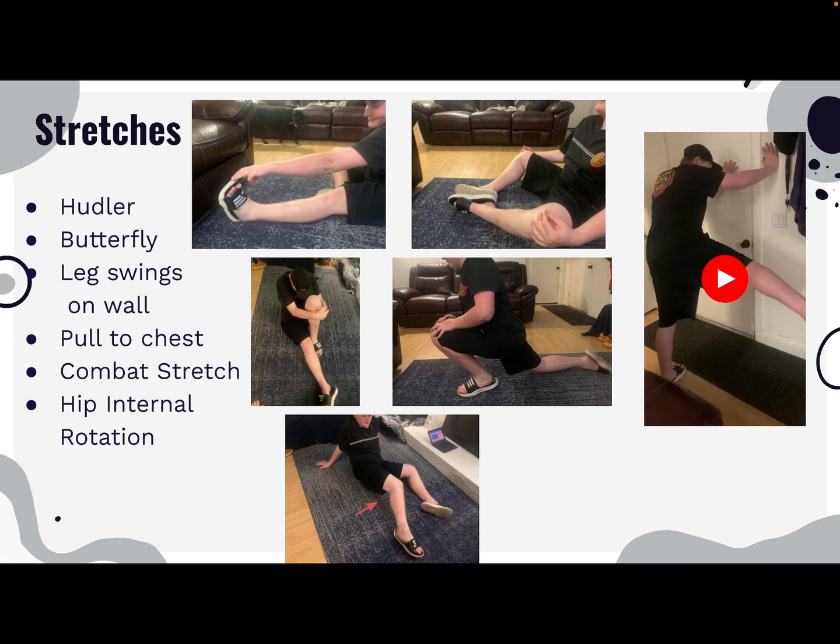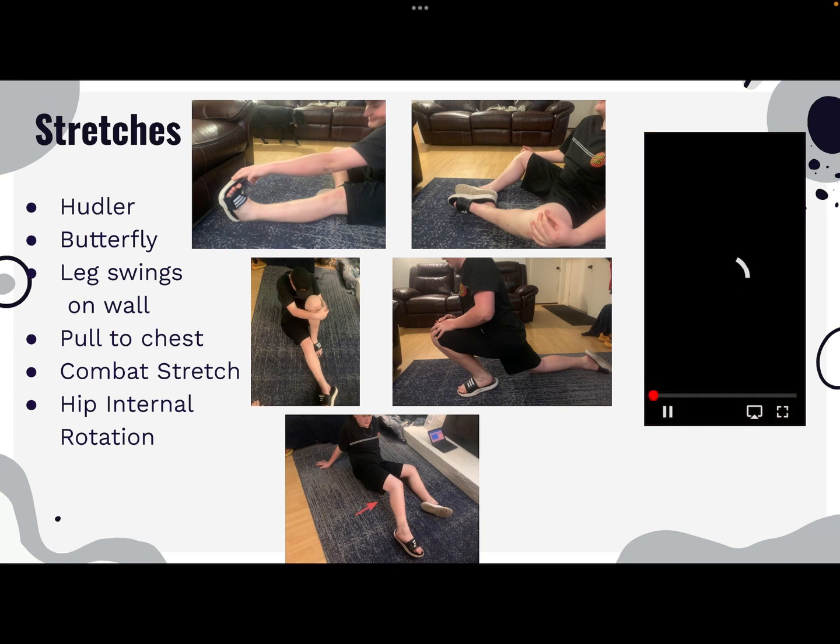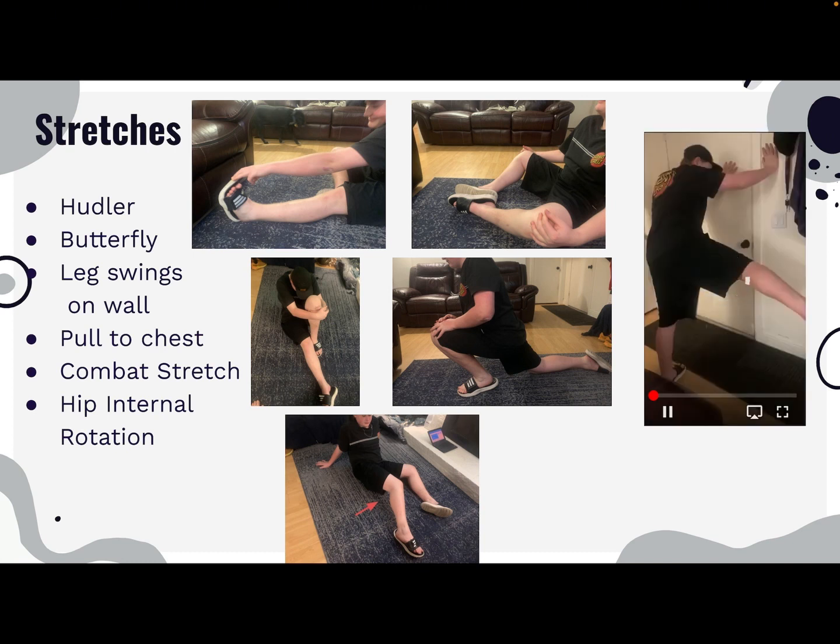Lastly, we want Travis to go through stretches. What I had Travis go through was hurdlers, butterflies, leg swings against the wall, pulling his knee into his chest, and the combat stretch, which is super good for ankle instability and hip mobility, which we were earlier talking about, as well as hip internal rotation, which you can see on the bottom, with Travis having both legs out at an angle of about 60-ish degrees, and then bringing one leg in to create that hip mobility and